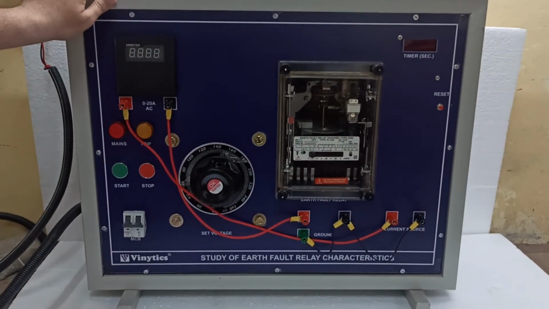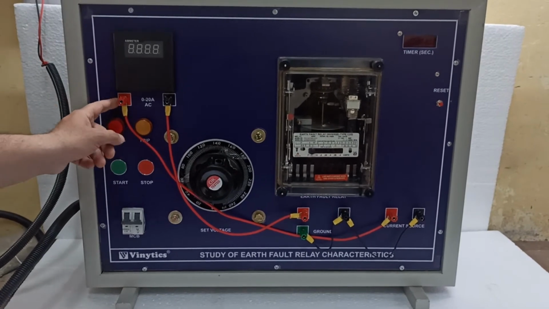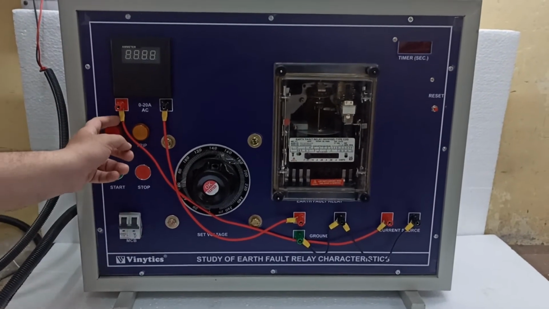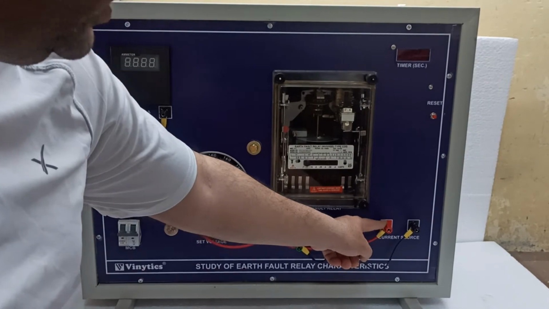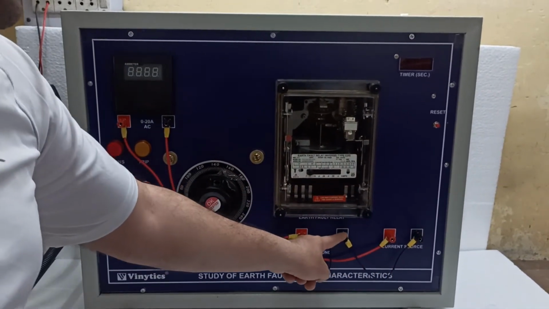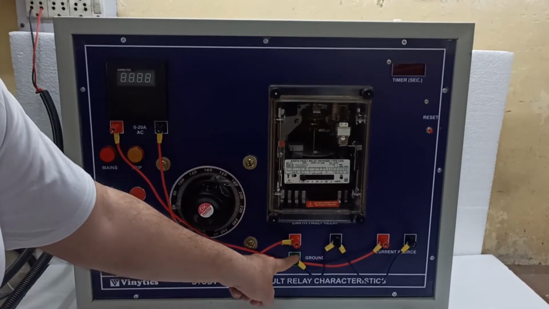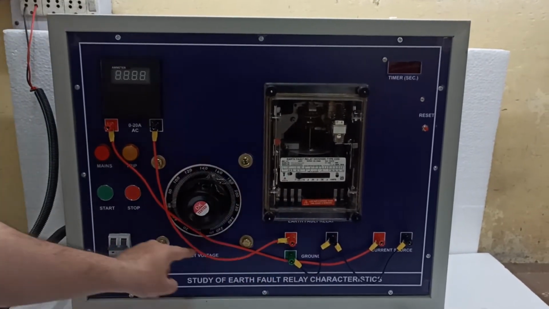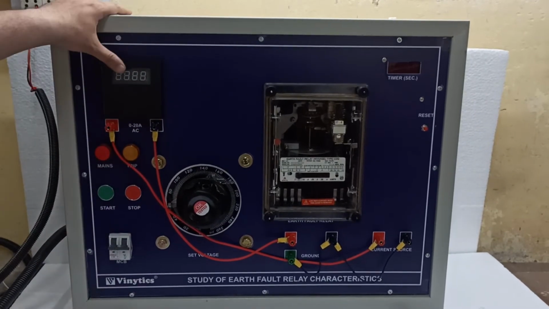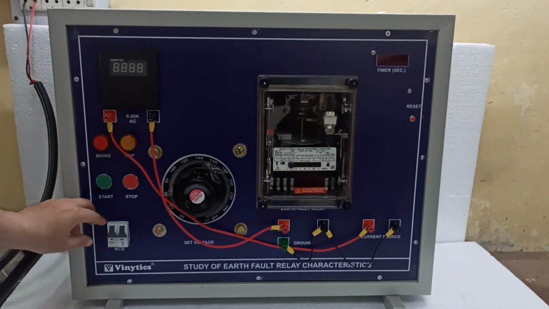everything. So let me make you understand the wiring. The positive of the current is going towards the current source. The other end of the current source is going to one end of the relay, and this negative and ground are shorted, and the positive of the current source is going to the positive of the relay, and the other end goes to the digital current meter.